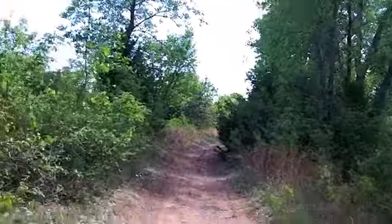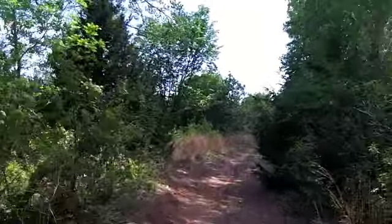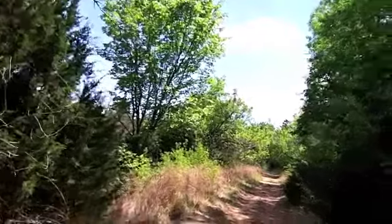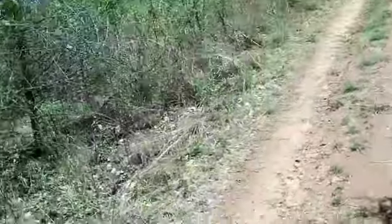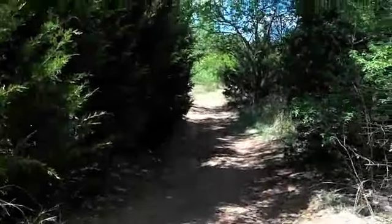You can see that four-wheelers come along here every once in a while. Of course, there's another path. I don't know if you can hear the birds singing, but we're beginning to get different birds than we get in the city. Another thing that I'm always doing, and you'll always see me do this about every 50 yards,